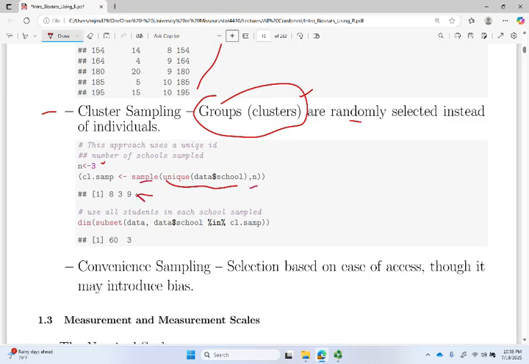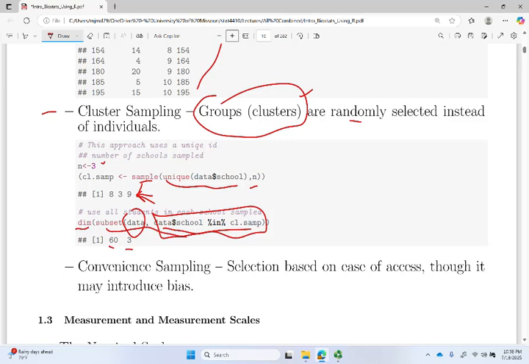And then these would be our 3. And then we grab every student from these 3 schools. And so that's what the subset does. This is all our data, and we're subsetting it based upon these 3 observations. Instead of printing out 60 observations, I just use the dim function, which tells us that there's 60 observations and